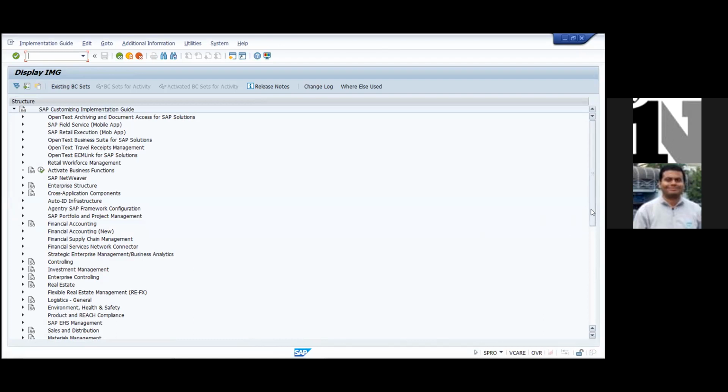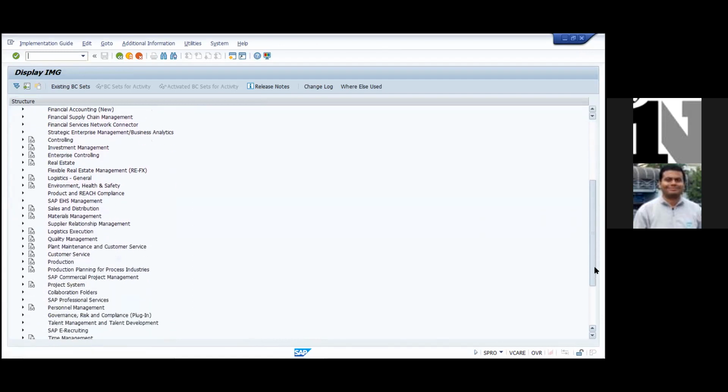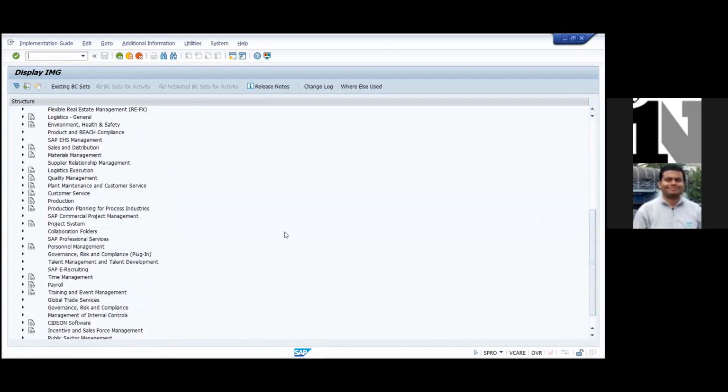ESS launchpad. I think you've got an idea how to differentiate active applications and inactive applications, right? Yes, sir. And how to activate certain things and how to deactivate certain things. And also we have seen what the resources are on the right hand side, and what the application names are. So today we'll have a more focused discussion on Indian payroll specific scenarios.